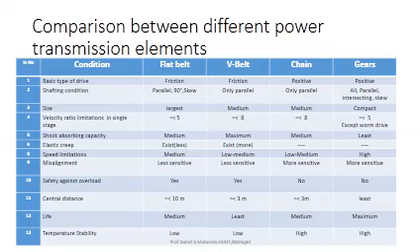Then elastic creep. Yes, elasticity is not present in the case of gears. It's a solid material, so it won't be present over there. But elastic creep is more present in the case of a V belt because it has a change in shape. It means that its cross section is not a square, not a circle. It has another shape. Hence, it has a larger amount of creep.